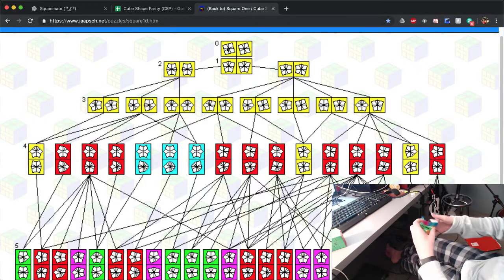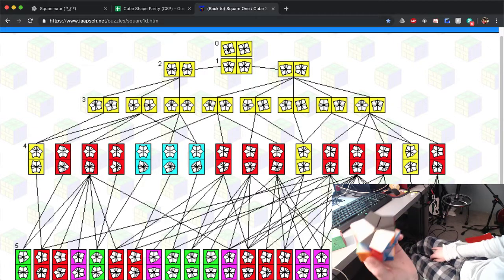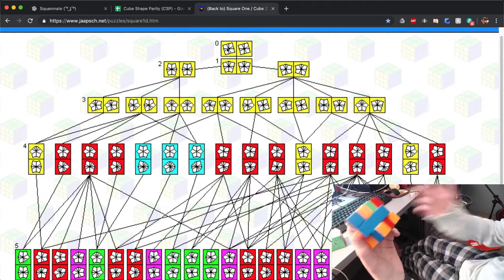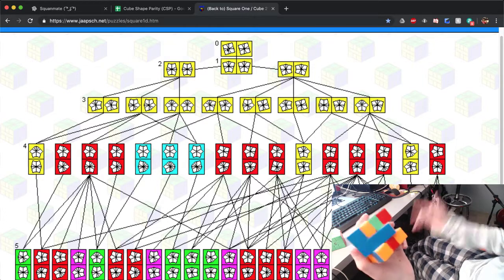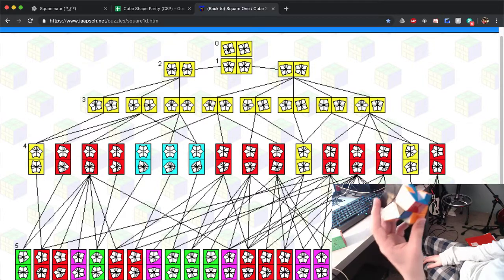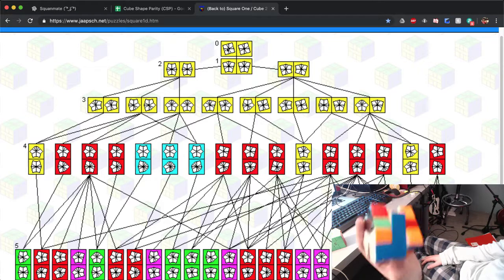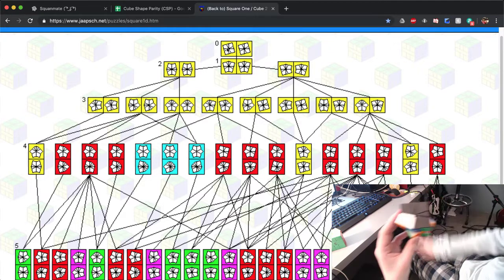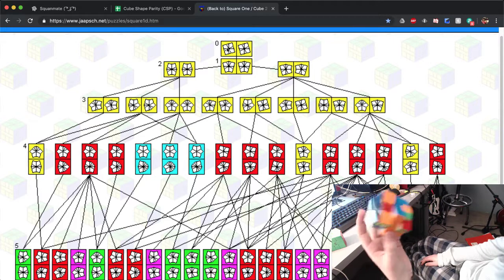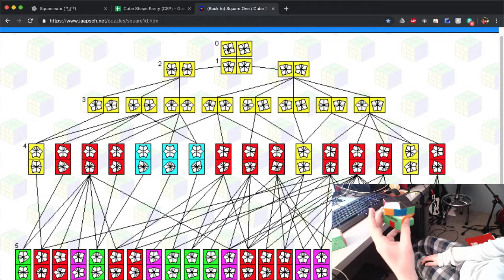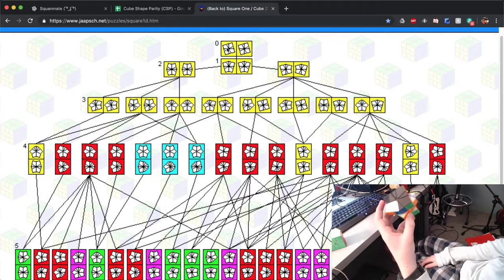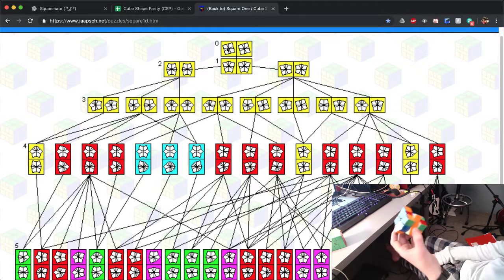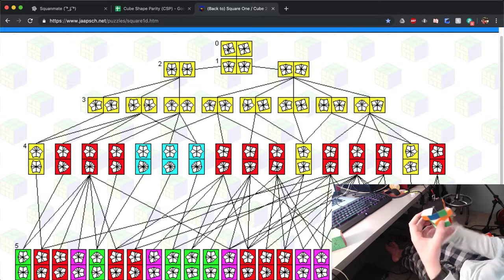But it's what we got to do. So we have our cube shape, and we're going to find a way to reduce it. So what we're doing is reducing it to what will be the next step, which is cube shape reductions, and we're going to change it to something that we can do